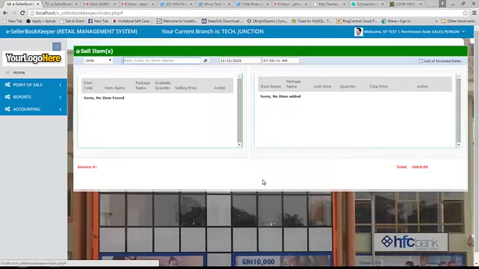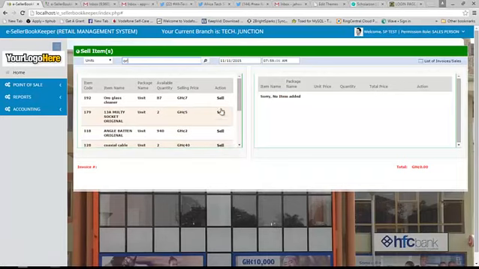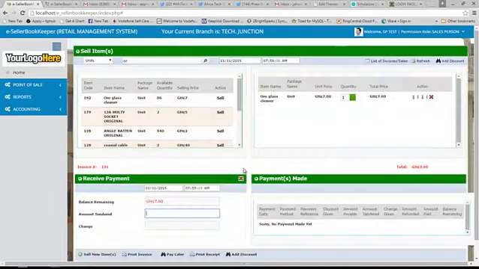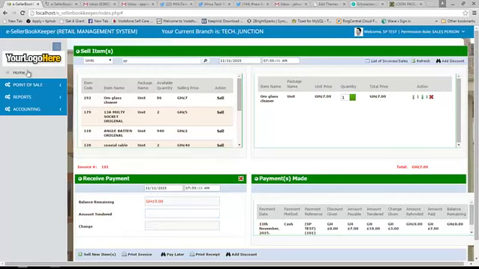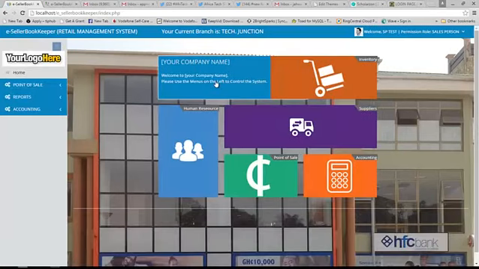Now let's sell something, maybe oral glass cleaner. We press tab, we highlight that, we press enter, we sell one. Let's assume we are selling only one. We enter the amount, maybe 10 cedis instead of 7, change of 3 cedis. Then we press enter. Now when I come back to the dashboard, you see it will still not show him,